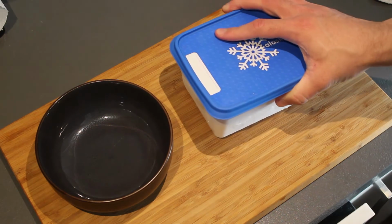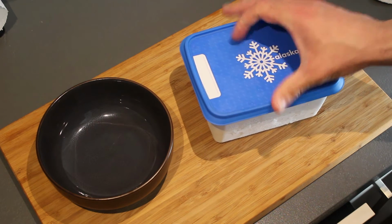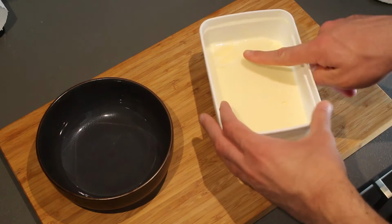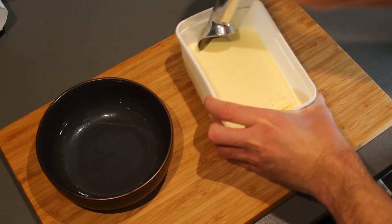So, it's time for the big reveal. I ended up leaving it overnight in the freezer because I did not have the time to film it yesterday. So, let's check it out. As you may notice, I already took some bites because I was a bit too curious. Take an ice scoop and scoop one nice...